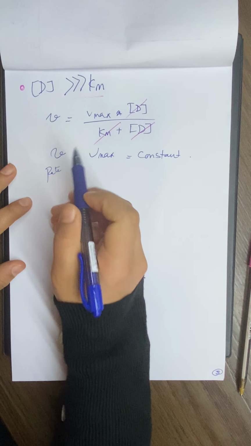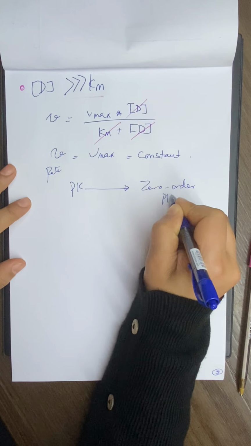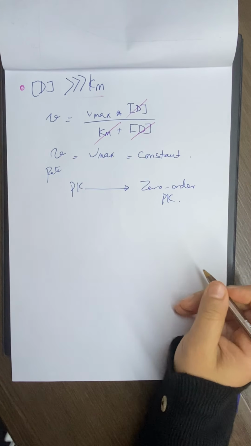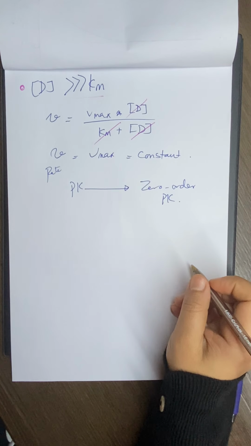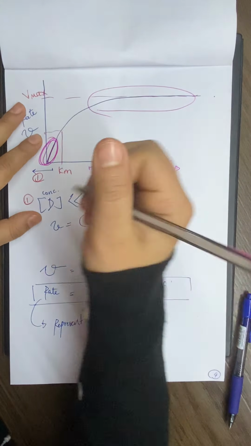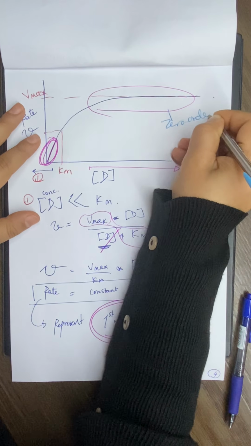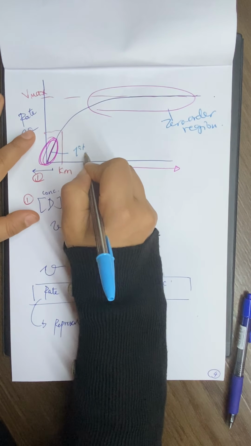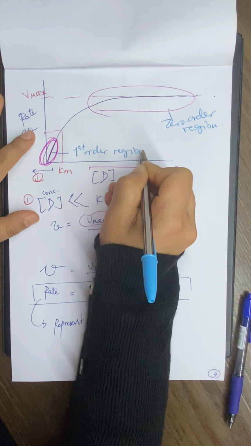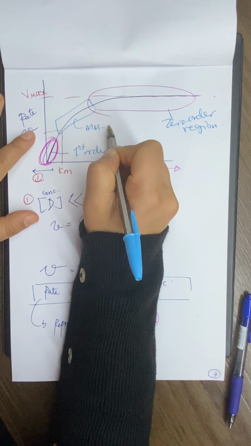When the rate is equal to a constant, then the kinetics of the drug is behaving as zero order kinetics. And that's what you will have on the profile after that, telling you the regions of each of those on the profile. This is called the zero order region, because the drug is behaving as zero order, and the first order region, because the drug is behaving as first order. In between we have what we call the Michaelis-Menten region,